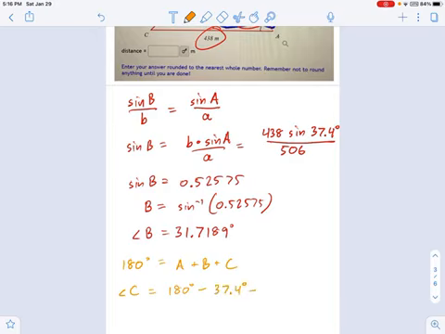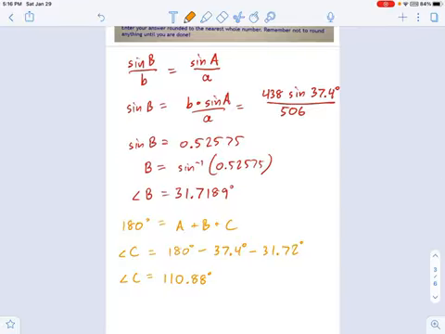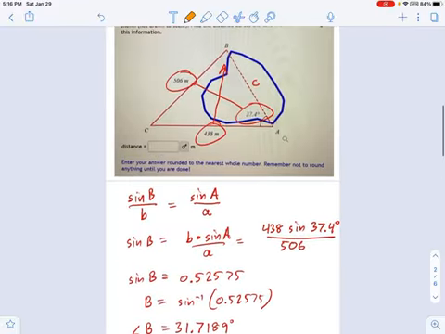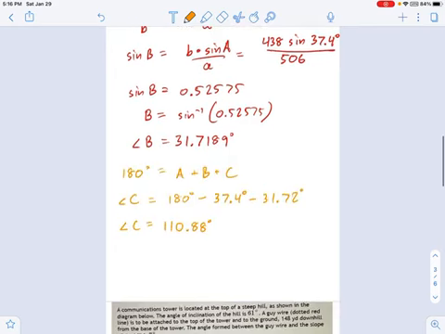So what do we have? 37.4 degrees. And the one we just found, which was 31.7, I'm going to call it 72 degrees, but don't you round when you're doing your calculations, okay? I don't want you getting dumb rounding errors here. 37.4 minus 31.72. Okay, we're going to get something like this. Angle C equals 110.88 degrees. Okay? Super. I didn't want that either. I wanted little c. See, we ended up having to solve the entire triangle before I could find it. But we have enough to go on now.